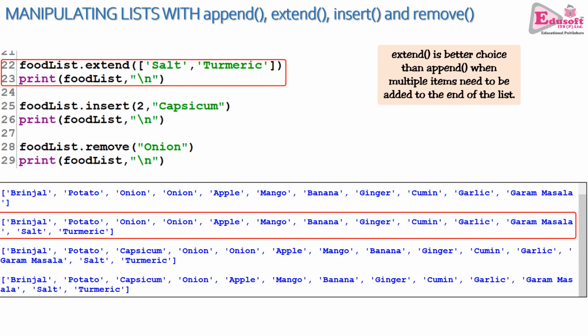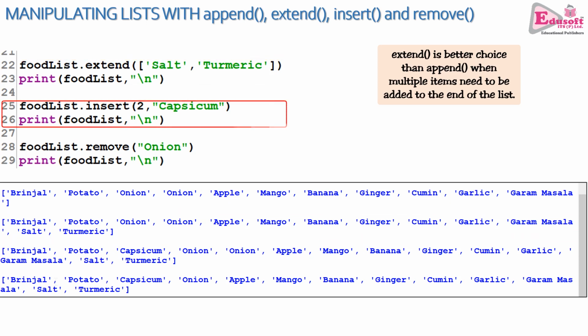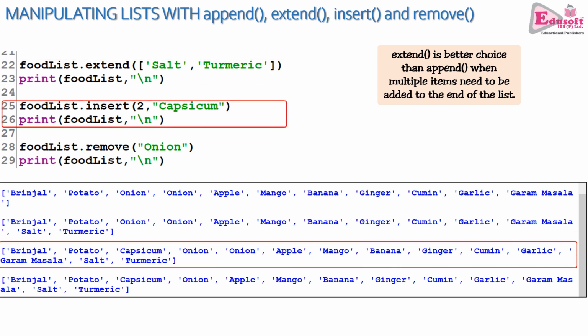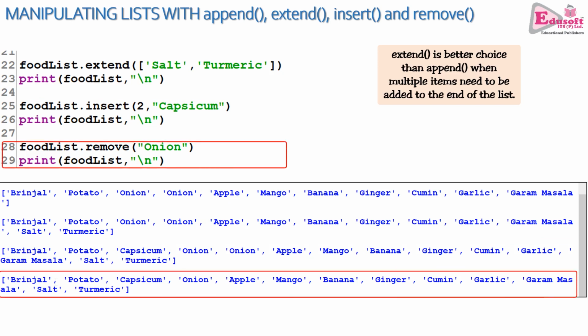And then we have the insert function. The insert function takes two arguments. The first argument is a numeric value, that is the index where you want to insert. The second argument is the value itself. So capsicum is inserted just before the onion, as you see in the output. And if you remember, onion had two occurrences.